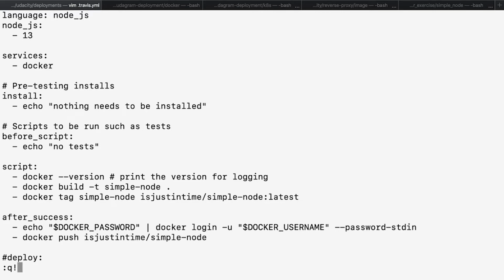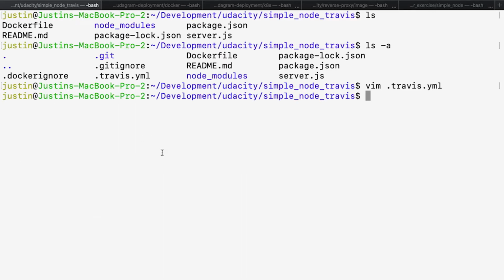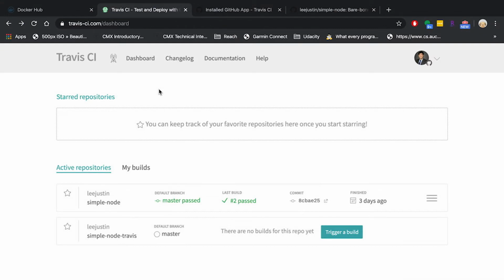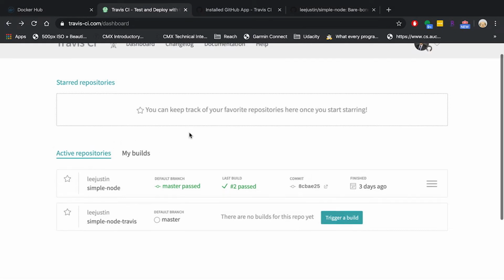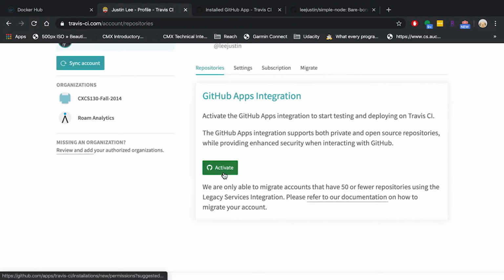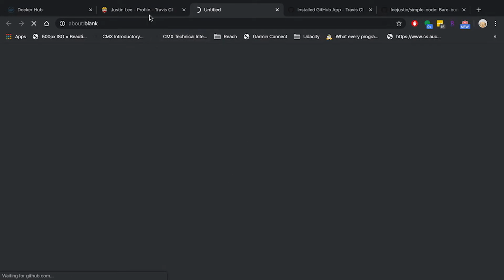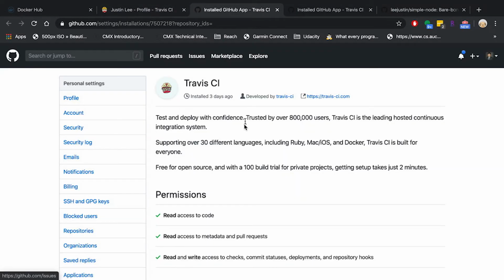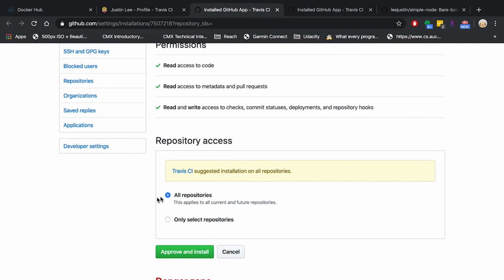So let's take a step out of this Travis YAML file and see what it looks like when it's actually used in Travis. We'll start off by taking a really quick glance at what the Travis dashboard looks like. We have some repositories that are linked with Travis. If you were coming to set up a new Travis pipeline, what you would do first is that you would go to the settings here and you would activate the GitHub Apps integration. What this does is that this will open a connection to GitHub and allow you to grant Travis access to your GitHub repositories. This is a really easy way to set up the integration between GitHub and Travis so that Travis can see what repositories you have and be able to pull the code and build them.